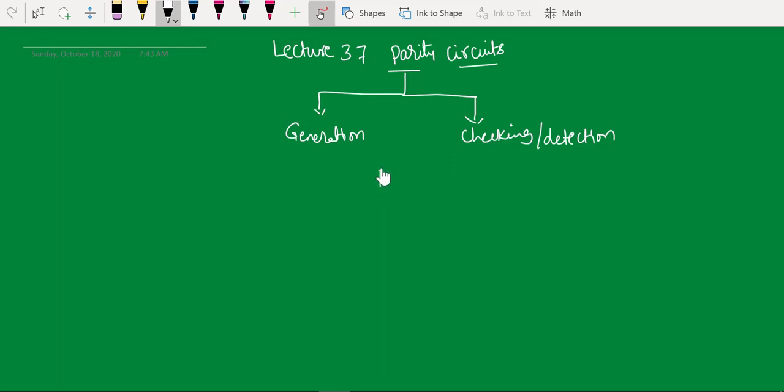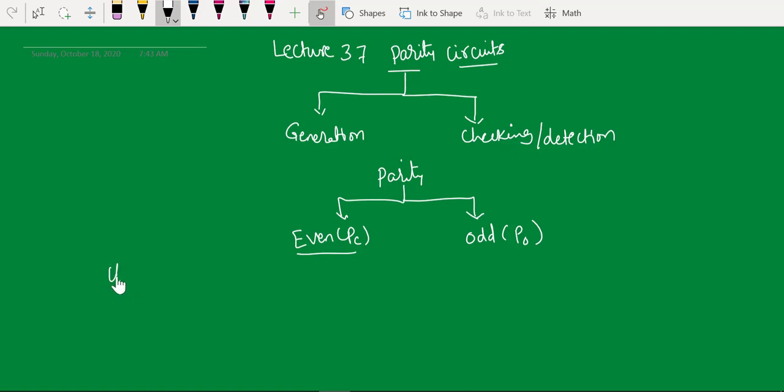So further, parity is classified into two categories, as all of you know, even parity and odd parity. So the general idea, which we already discussed: in case of even parity, if data bits are having an even number of ones, then the parity bit for even will be 0 because it's already having an even number of ones.